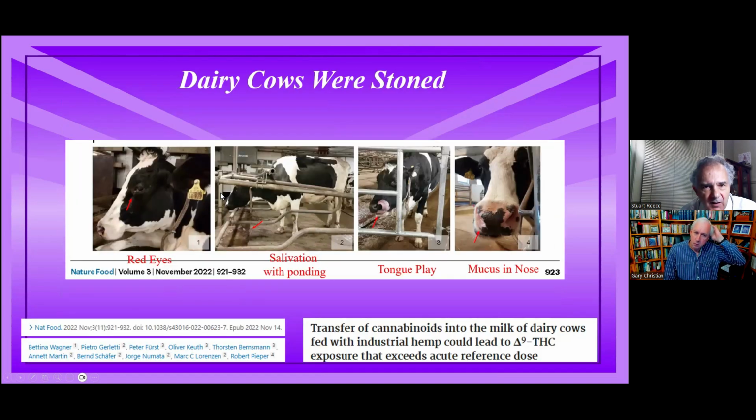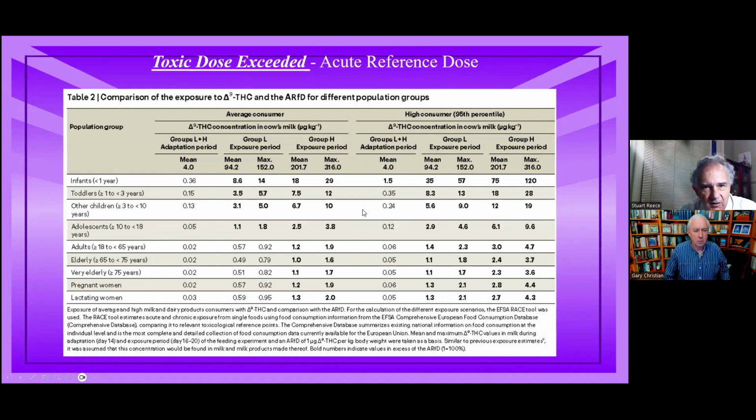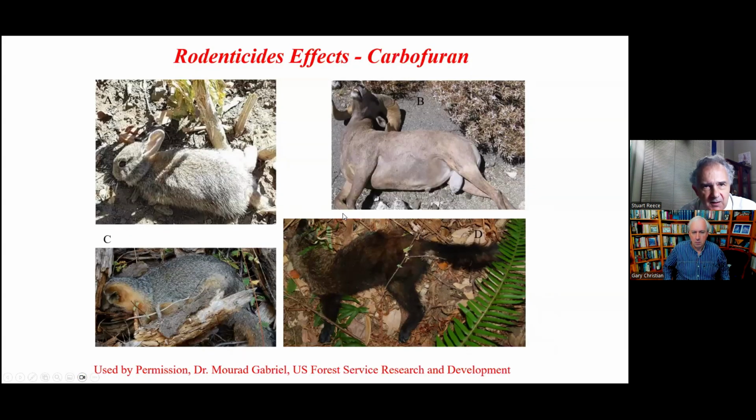And this was shown that by drinking the milk, in many cases, infants and toddlers could be exposed above what is said to be safe levels of THC through the environment. That's what that shows. Now, the other thing about cannabis farms is they have rodenticides in them. They don't want the deer to come and eat the crop, so they use rodenticides. And you can see here, this is a dead bighorn sheep and a rabbit, and that's a badger, and that's a fox, that are dead due to eating either the rodents or the rabbits or the rats that eat the rodenticides, and then these other animals